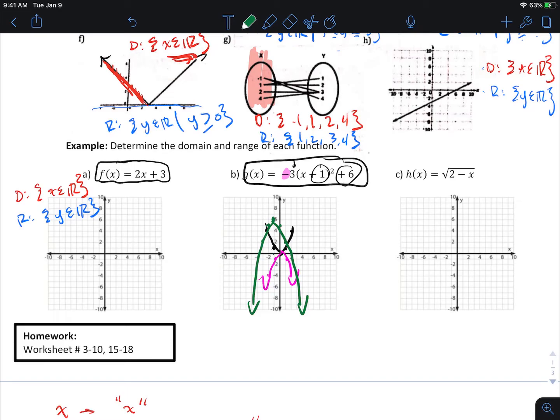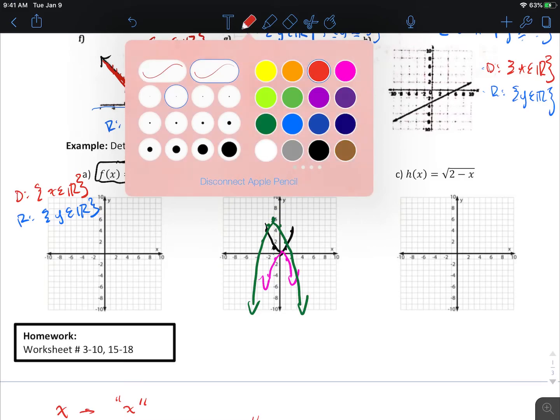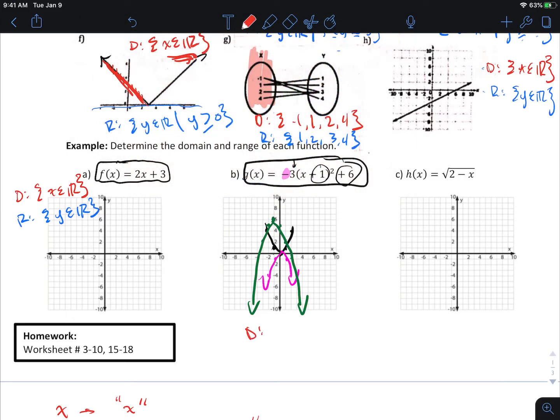And then you just write domain and range off of it. So the domain, what's the domain for a parabola? It goes on forever. It goes forever in both directions, right? So you just get the real numbers. And with the range,